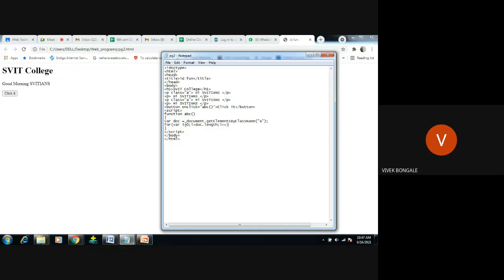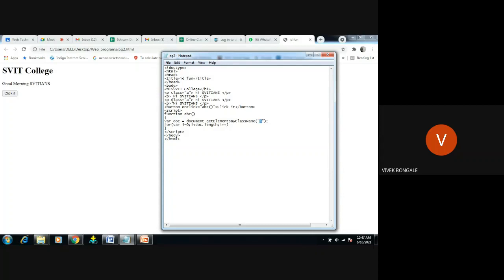Initially the index is 0, and it will check doc dot length. It will check the length here, whether it has class A. If it is there, it will display. Then it will increment and come back here and check for A. If A is not there, it will just check the next one.